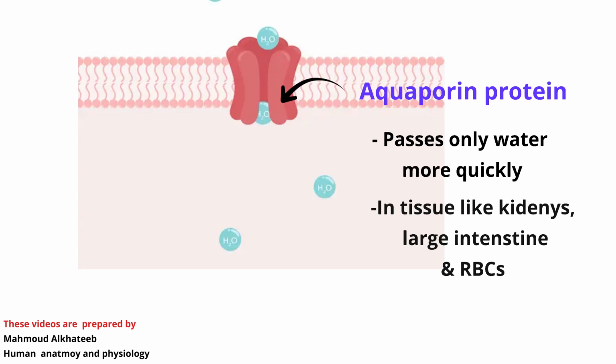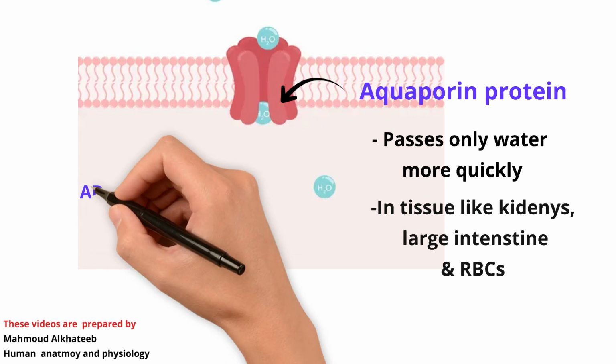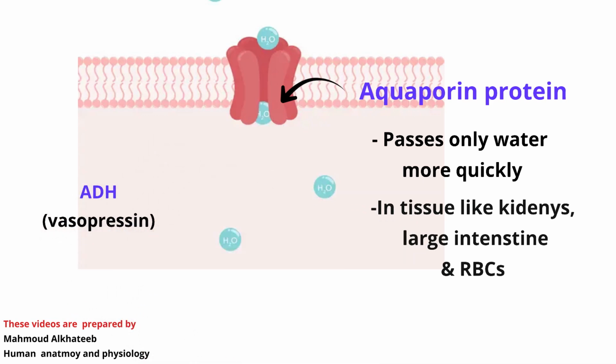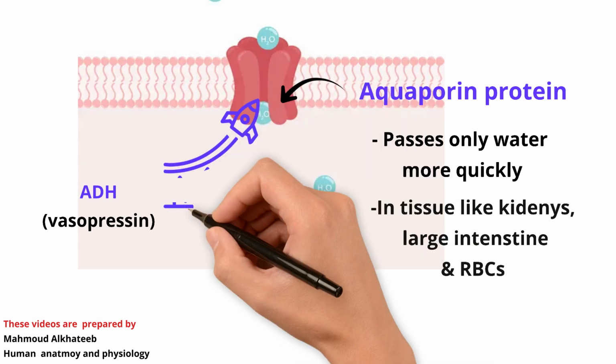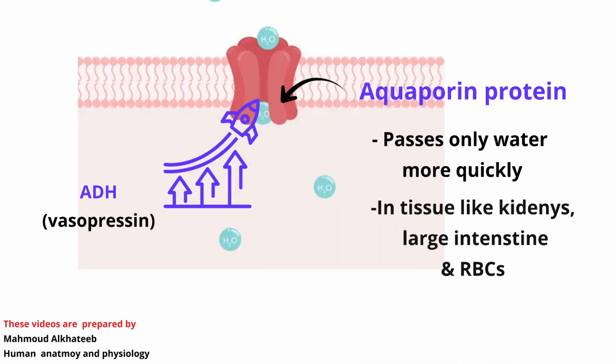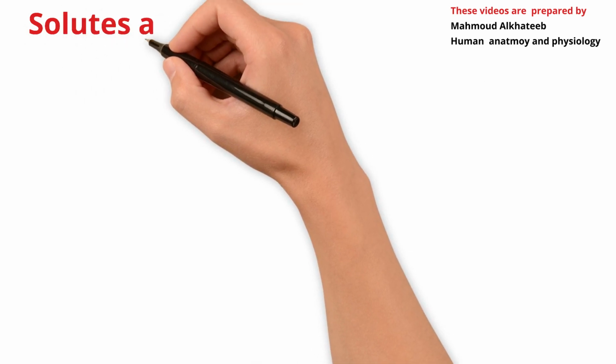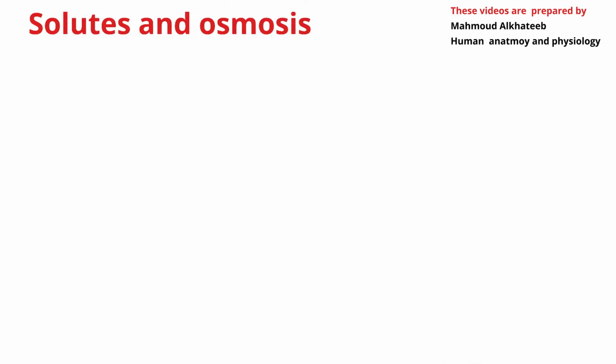This process is also regulated by hormones. For example, the hormone vasopressin, also known as antidiuretic hormone, rapidly activates a signaling cascade to increase the expression and insertion of the aquaporins in collecting ducts of the kidneys and intestinal cells to increase water absorption. However, the direction of water movement during osmosis is regulated by the concentration of the solutes in the solvent.